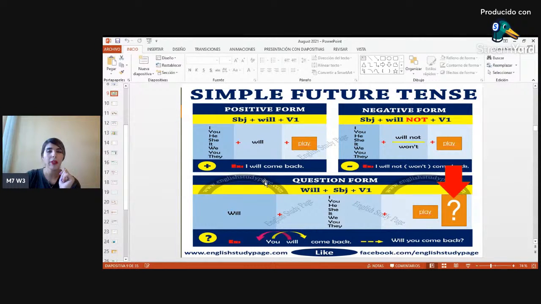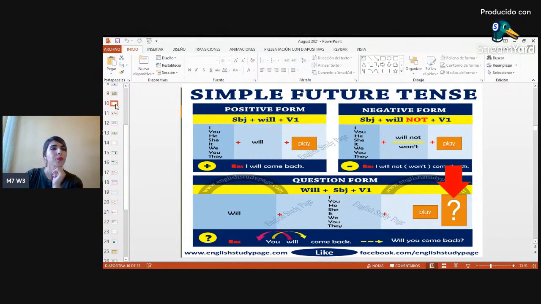If you want to make a question, you can just change the auxiliary to the beginning, and then the personal pronoun. So we just say will I play, ¿jugaré? So we just change the beginning. Son preguntas directas con respuesta de sí o no. Lo que tenemos que hacer es simplemente incorporar o cambiar el auxiliar will al inicio y posteriormente decir el sujeto o el pronombre personal. So, will I play? ¿Jugaré? Just at the end. Al inicio no usamos el signo de interrogación, solamente hasta el final.